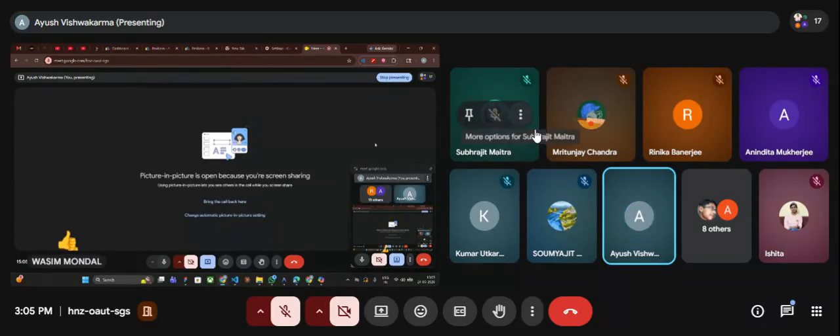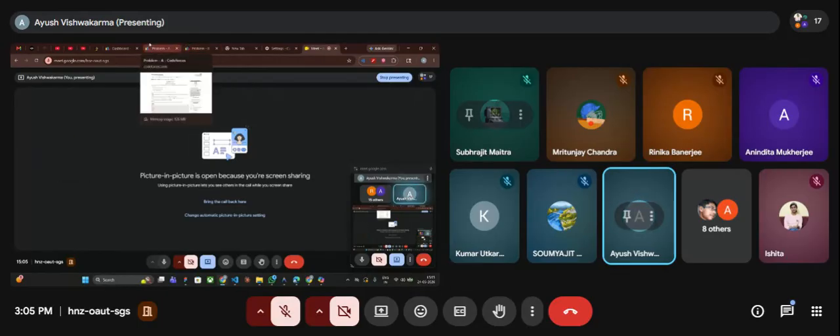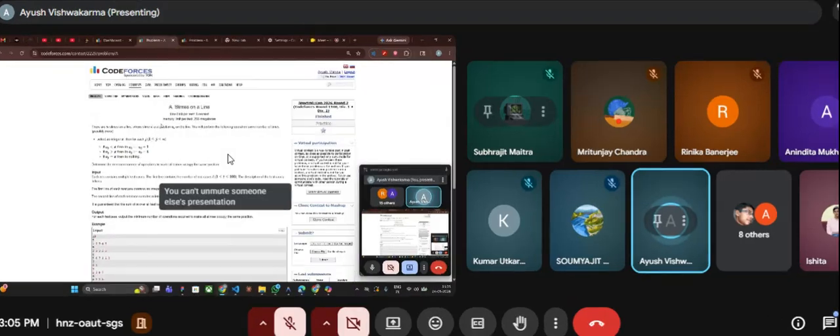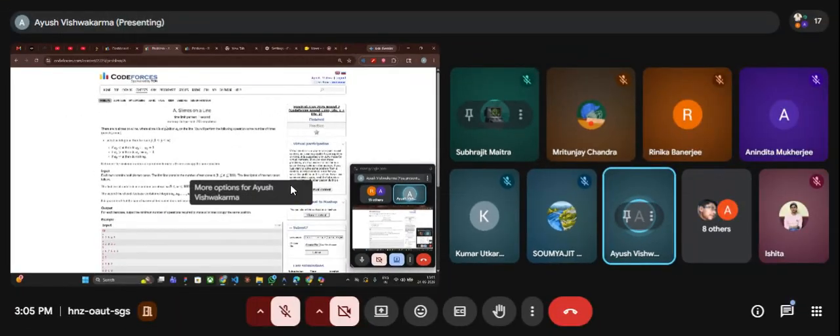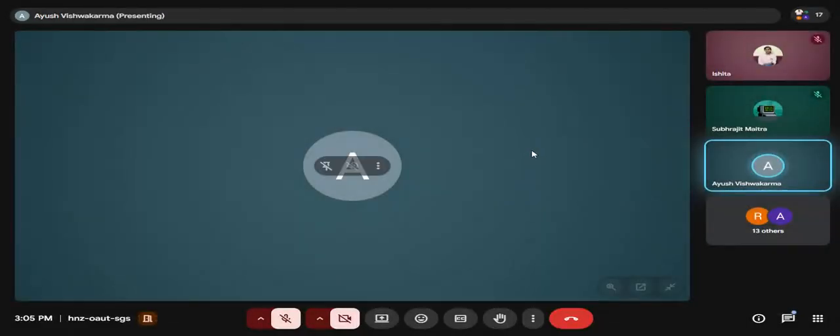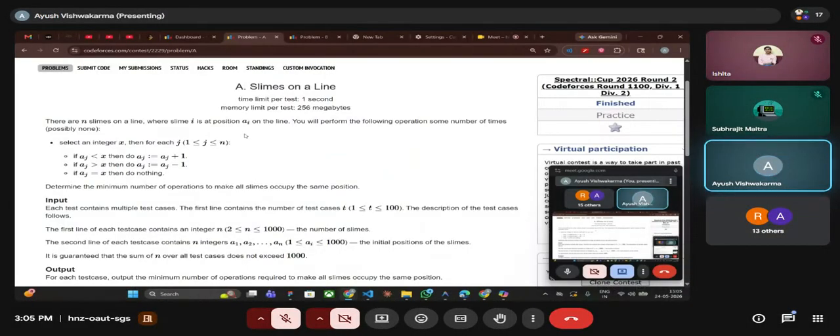So let's start yesterday's contest of CodeForces. So this is the first question. There are n slimes on a line where slime i is at position A_i on the line. You will perform the following operation some number of times, and what you have to do, you just have to